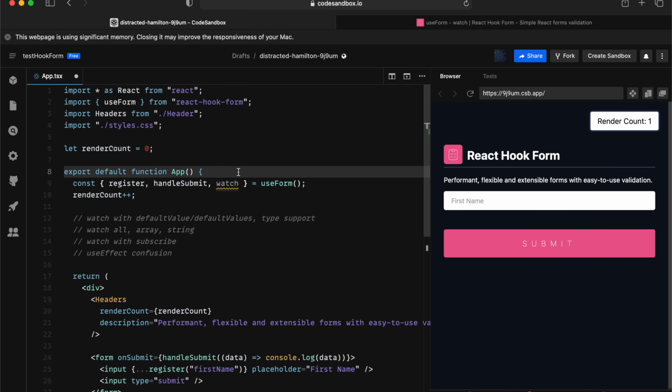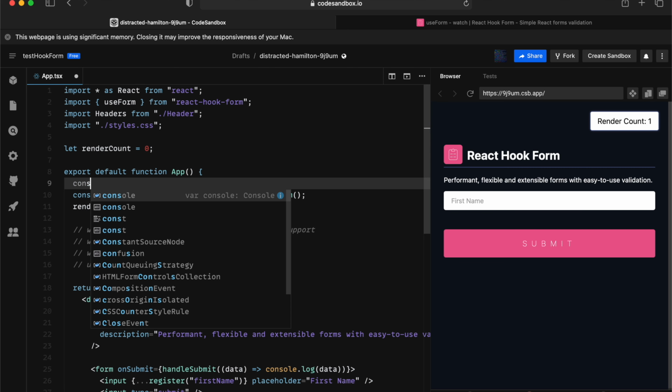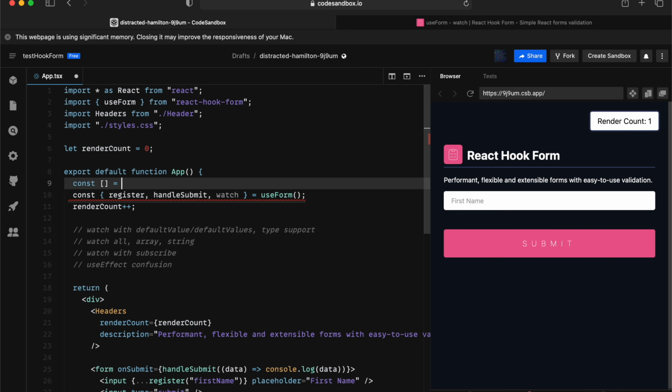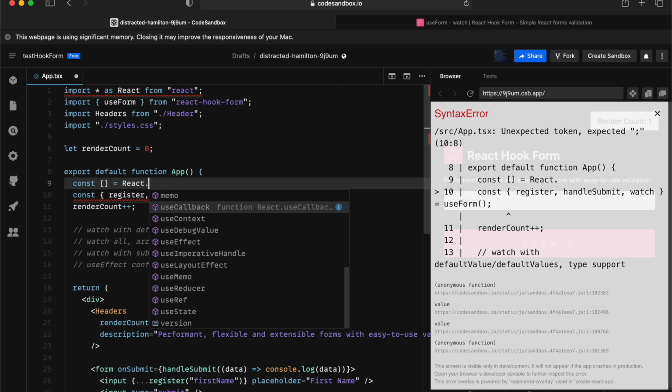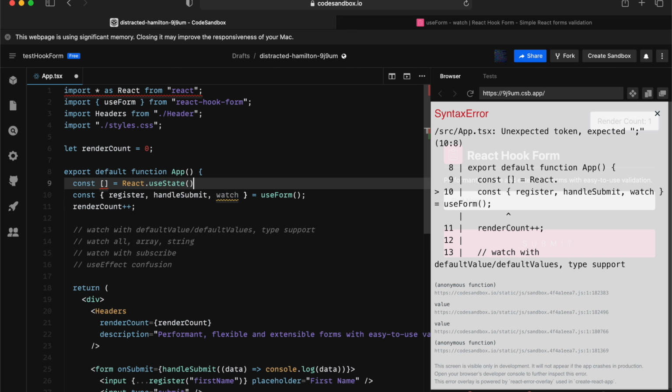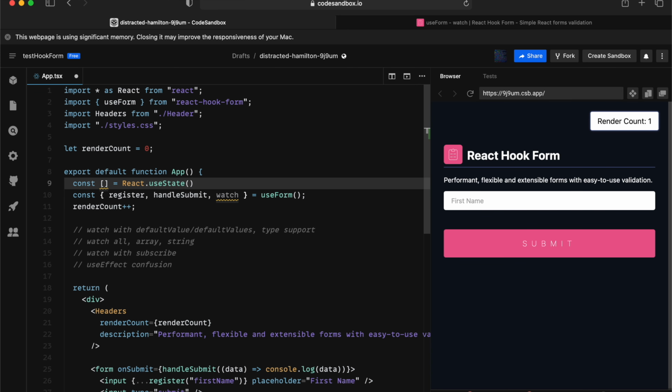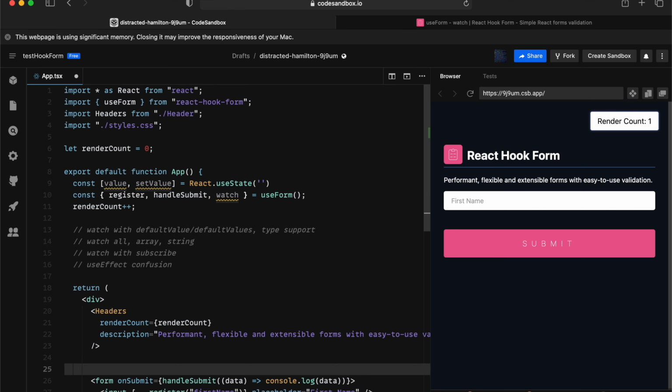So if you're learning React, you're probably quite familiar with building controlled forms. In fact, I'll just quickly do an example of building a controlled input. The typical way is having React with useState, and we're providing a default value, and then we assign a value and set value into the input itself. And what it does is every keystroke we render and also update the view. So an example would be like